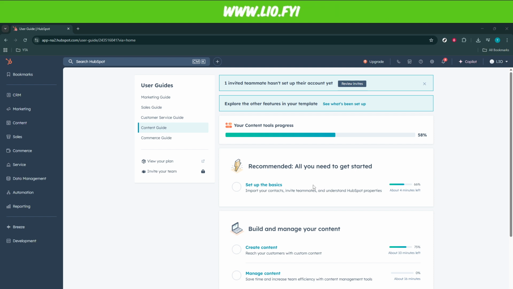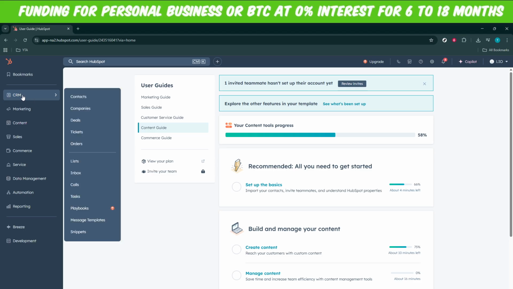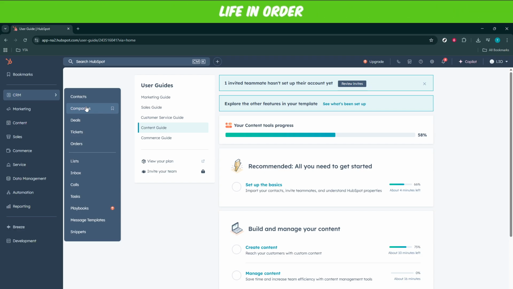Once you're in the user guide, the next step is to click on CRM. CRM, short for Customer Relationship Management, is where you'll manage all your customer and company-related data. Clicking here will direct you to a dashboard with various options. It's your command center for data organization and management, so take a moment to get familiar with the layout if you aren't already. Now that you're on the CRM dashboard,